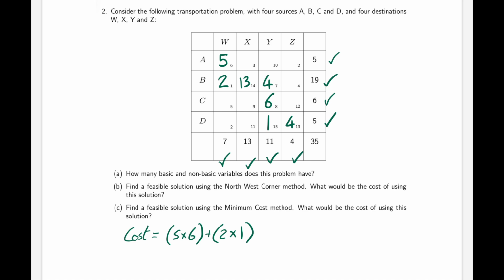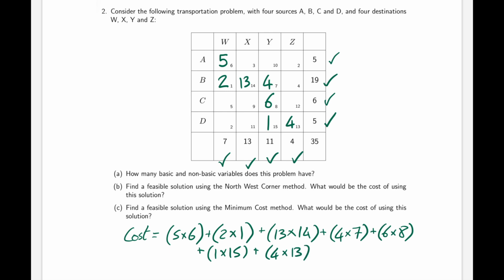That's BW. For BX, we are sending 13 units of goods on a route that costs 14 per unit. BY, we are sending 4 units of goods on a route that costs 7 per unit. CY, we are sending 6 units of goods on a route that costs 8 per unit. DY, we are sending 1 unit of goods on a route that costs 15 per unit. And finally, DZ, we are sending 4 units of goods on a route that costs 13 per unit. So the overall cost will be